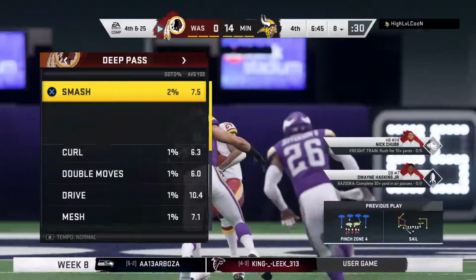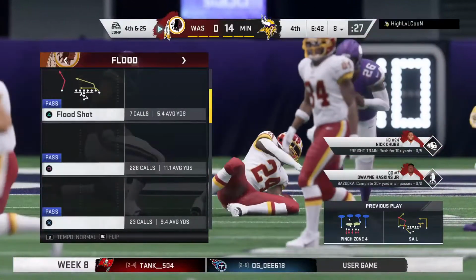Keep playing, fellas, all day. Woo! Let's get